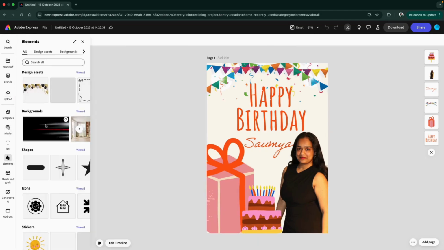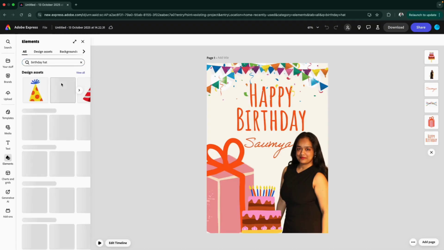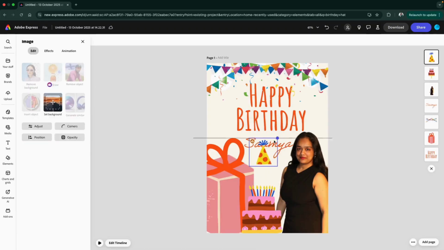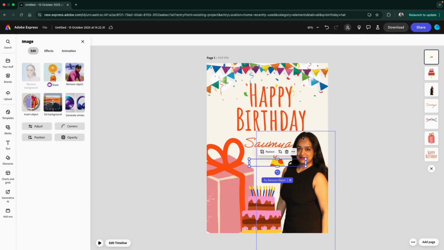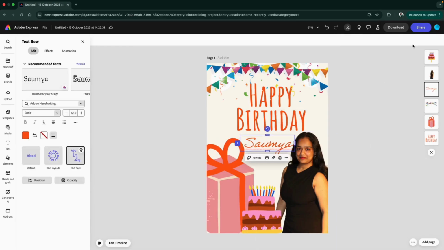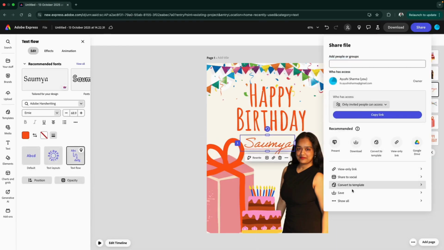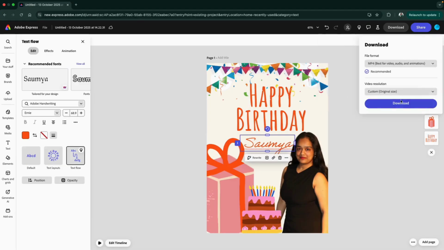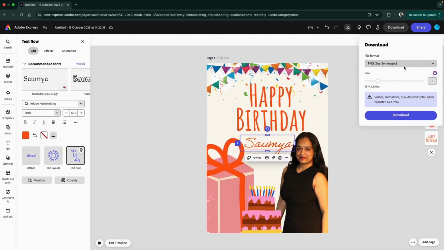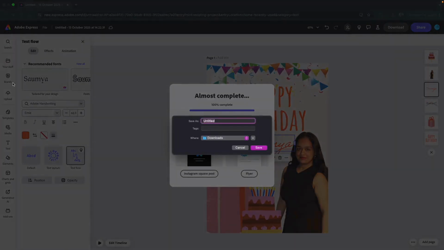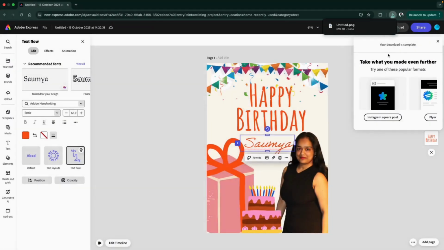It's time to bring it all together. Match the card to your theme, update the colors to pastel, neon, or your favorite color palette. You can also use your brand colors if you're designing it for your team, perfect for an employee's birthday or work anniversary. Once your card looks perfect, hit the download button, save it as a PDF if you want to print it, or PNG or JPG if you are sending it digitally via WhatsApp, email, or Instagram.